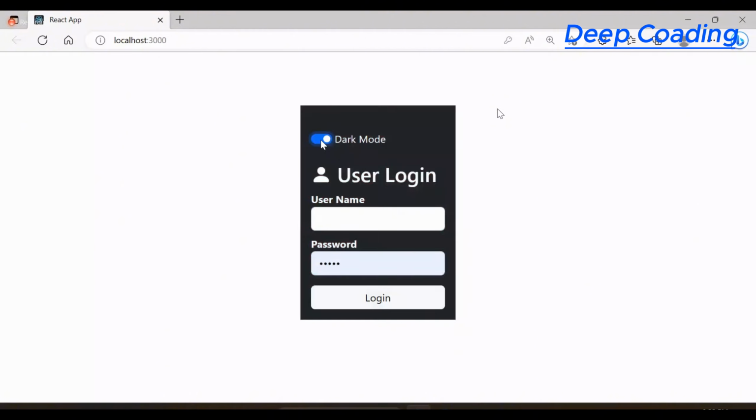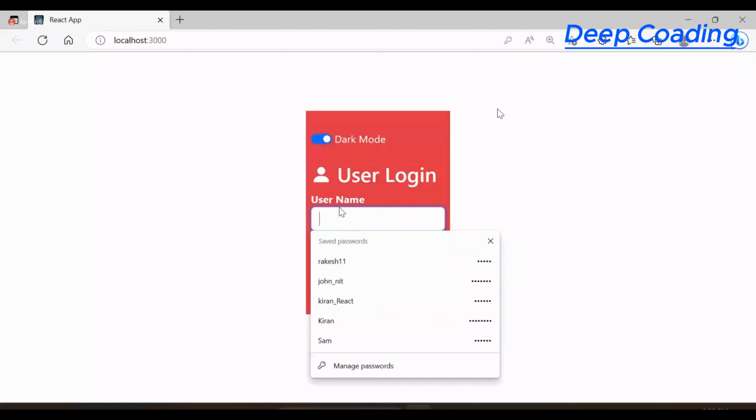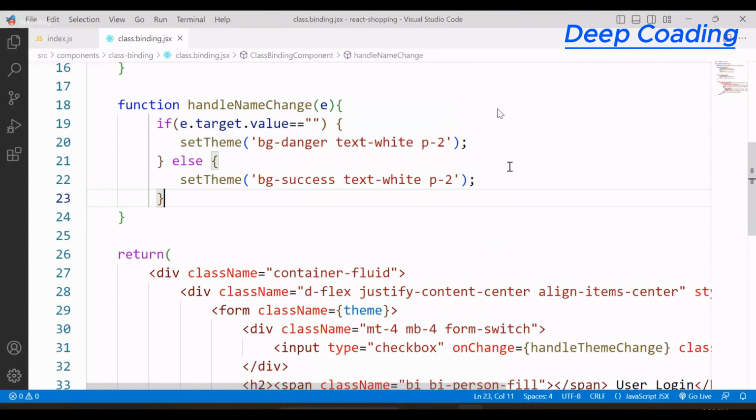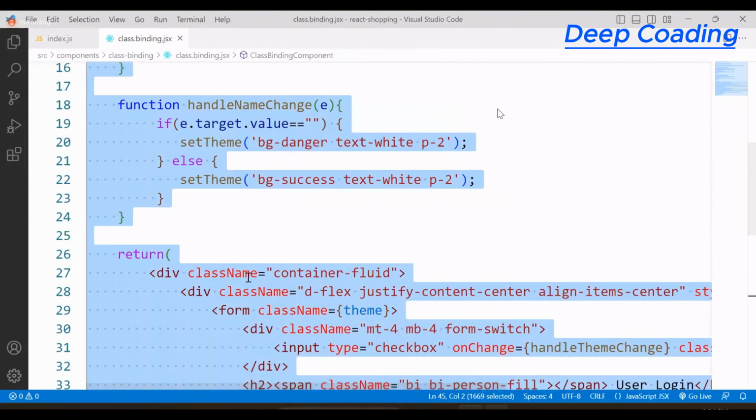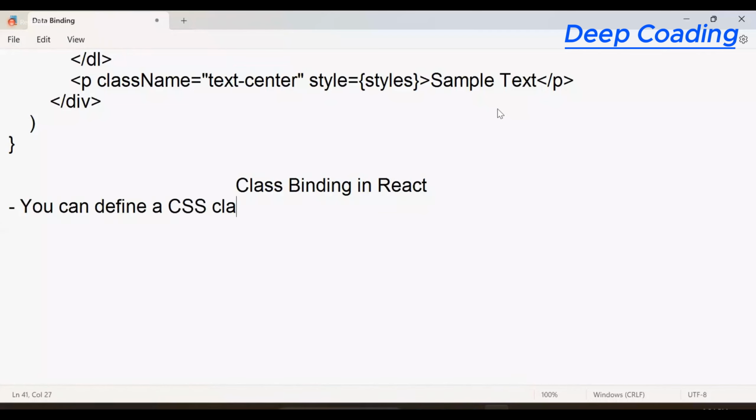If you want some logic to happen in dark mode also, you can apply it, because when it is valid, the new class will apply. When it is invalid, it should remove the class. You can define this in any situation. This is called what? Class binding. And you will see this in various other locations also. So this is the concept. We call it class binding in React. Class binding in React is nothing but defining a CSS class dynamically